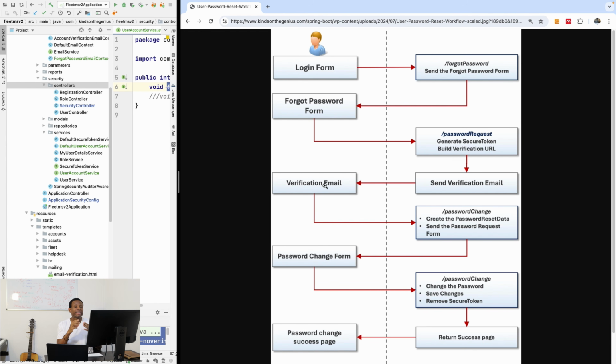When you click on the link in this email, it's going to route to another URL, doing a GET request to the password change route. Take note, at this point you make a GET request because you are trying to request a new password form, the form to fill in your new password. So you are trying to get the form. So once you hit this password change route with a GET request,